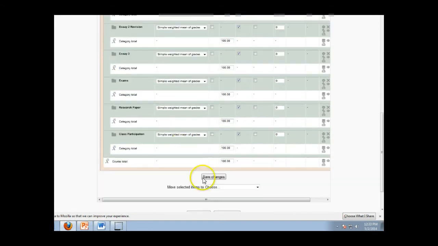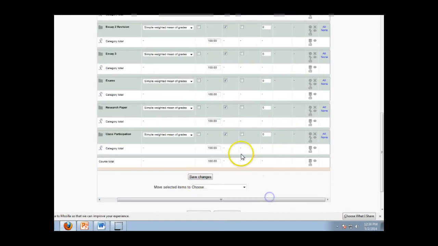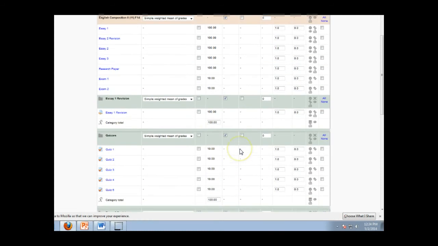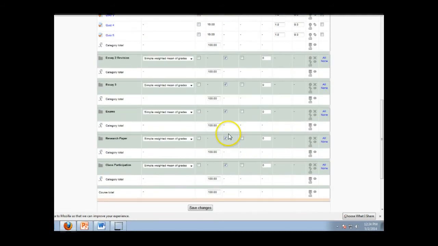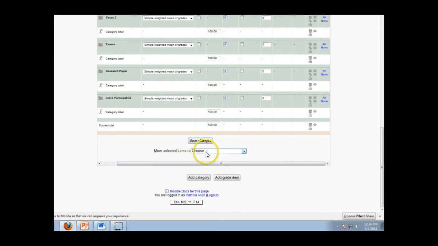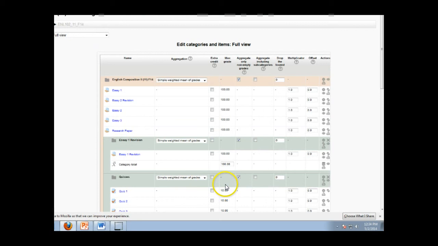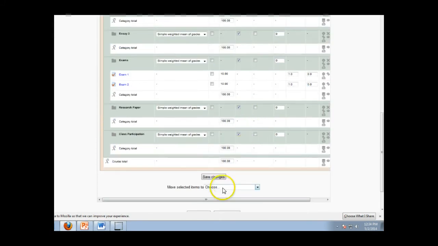Okay, I'm going to go and move the exams to the exam category. Here's exams 1 and 2. Scroll down to the bottom. Move Selected Items To Exams. All right, and then I'm going to go ahead and take Essay 2 Revision, because that's another item, that's